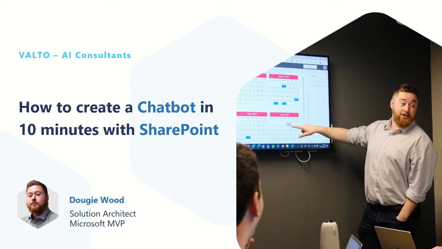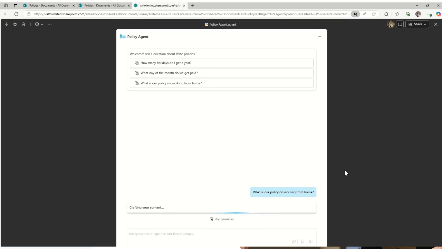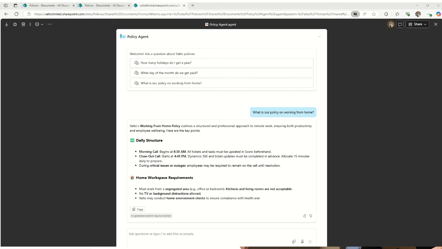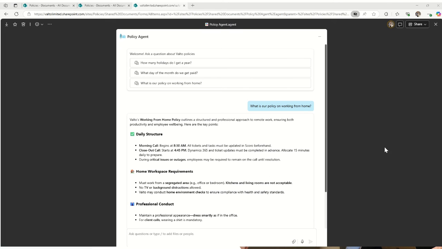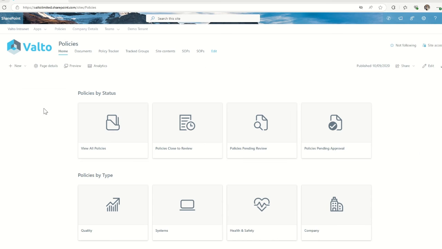How to create a chatbot in 10 minutes with SharePoint. Now, I'm going to be showing you exactly how you can create your first chatbot using documents that live inside of SharePoint. So this is perfect if you have a SharePoint which is like a knowledge base of some description, a single source of truth, like a policy management system, which is what we're going to be looking at